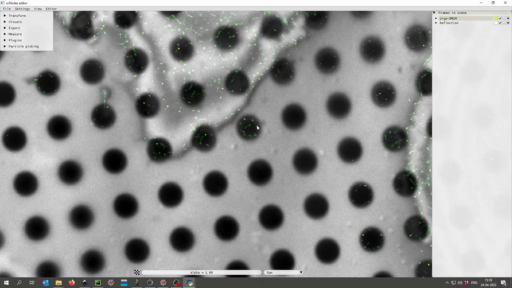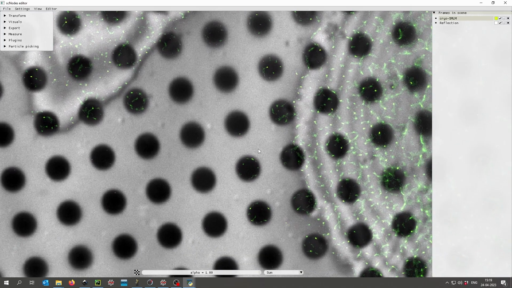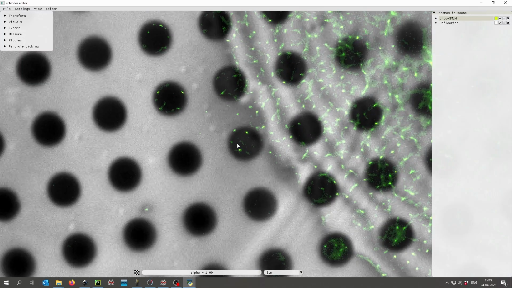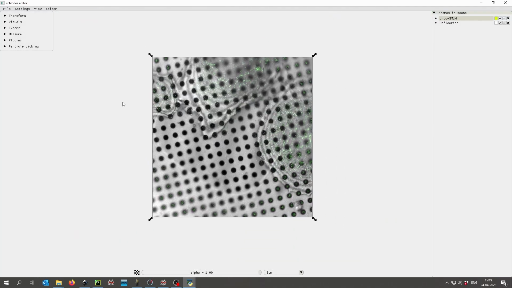I don't exactly remember where all of them were right now, but we'll look at this hole over here in a bit. For now, this is fine. Let's make the position of the super resolution image dependent on the reflection image, because that one is in a sense the parent of the other one, and we'll use that parent, the reflection image, to correlate with the EM